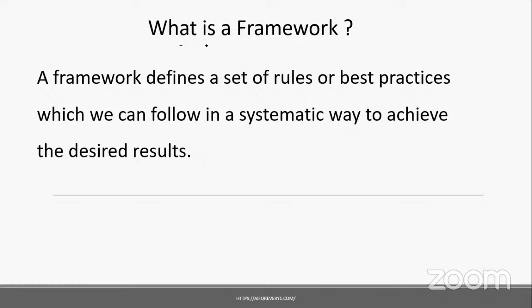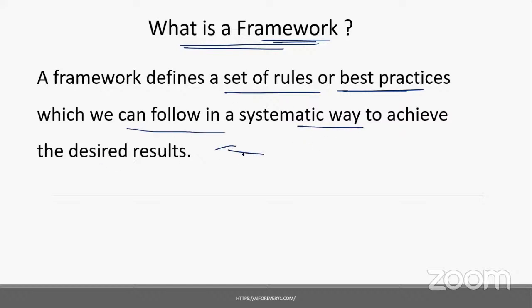So first we have to understand the framework. A framework defines a set of rules or best practices which we follow in a systematic way to achieve desired results. Let me tell you one simple real-time scenario where you can understand the concept of a framework.